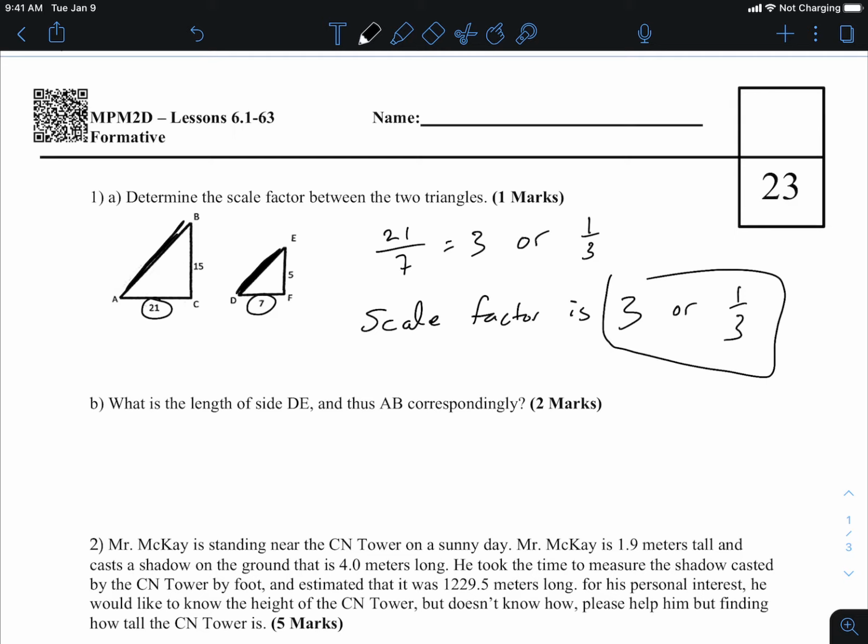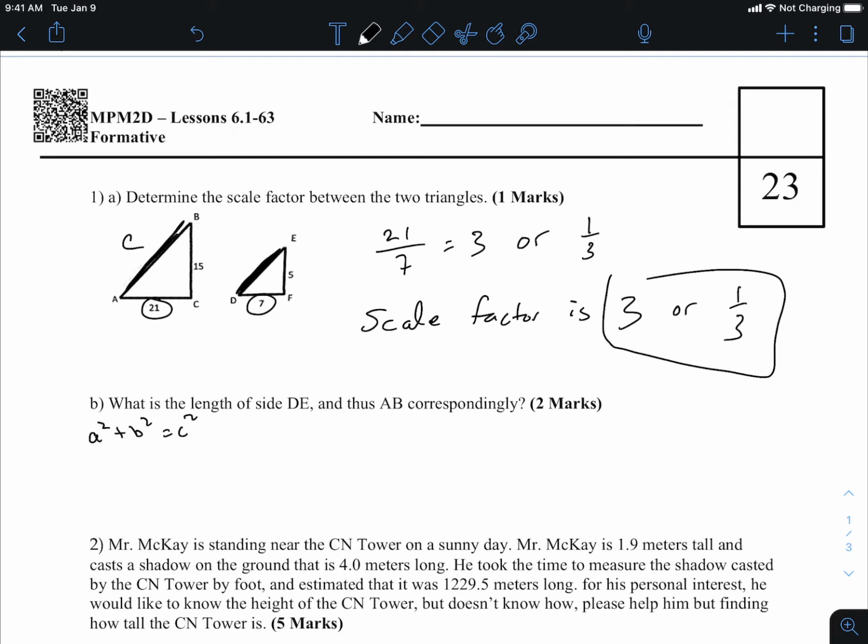You could choose to find DE first and then use your scale factor to find AB, or you can find AB and then find DE. It doesn't matter to me, but regardless, you still need to use a squared plus b squared equals c squared, right? You're going to find the hypotenuse because it's c,